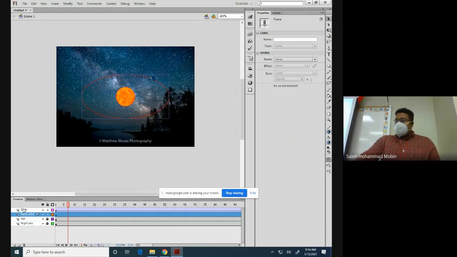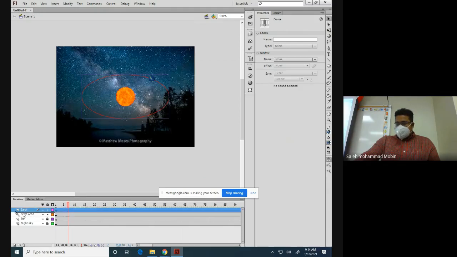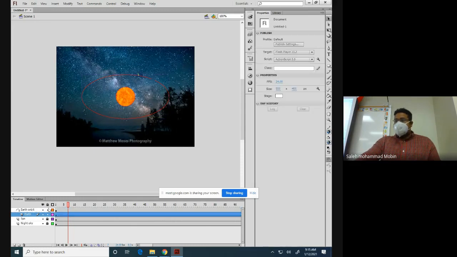To properly make it act as a guide, you need to drag this art layer and drop it at the end of the hammer handle. It's not below the earth orbit layer, it's just the end, or bottom, of the hammer. See, now